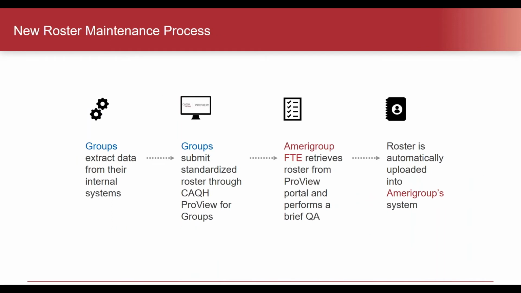So what's changed within our process? A lot of it has stayed the same, but the biggest thing is, again, the delegates would have to upload their data to the CAQH system in a format versus submitting directly to us. We still get a notification saying, ABC group has a change file available, go download it. But the timing of everything is a lot smoother, a lot quicker. That one associate still works at one roster and then uploads it to our system instead of having to copy from one spreadsheet to another spreadsheet to another spreadsheet. We can use that one file and submit it to have it loaded into our system.